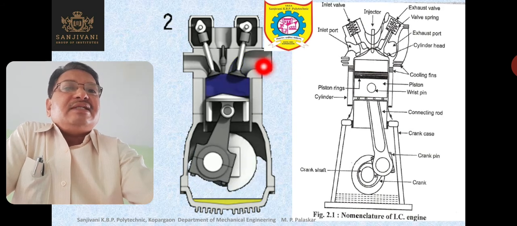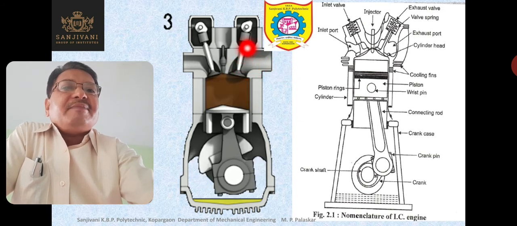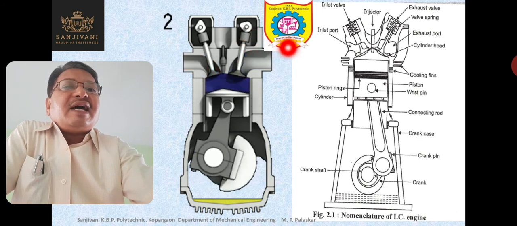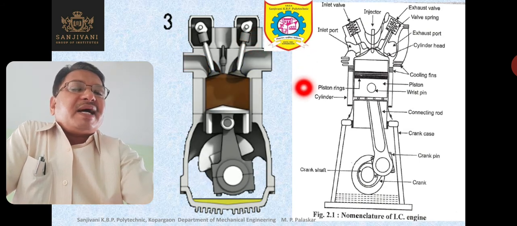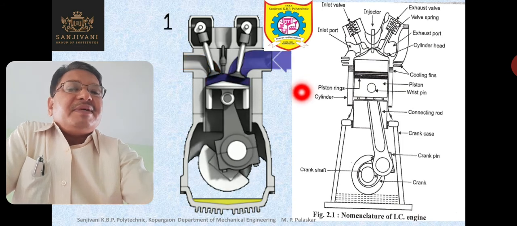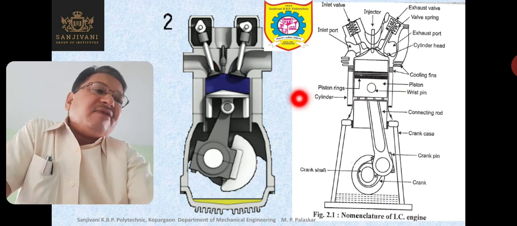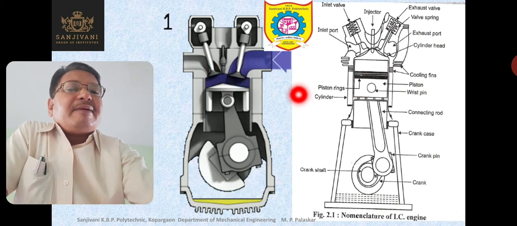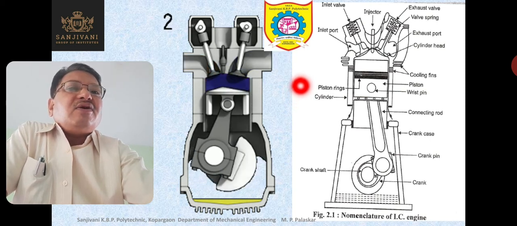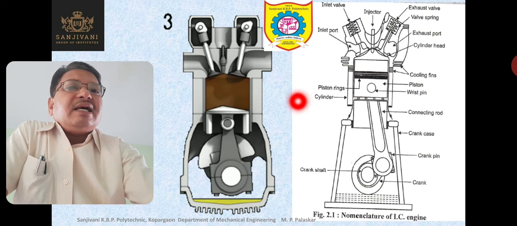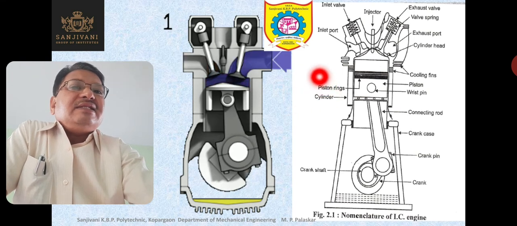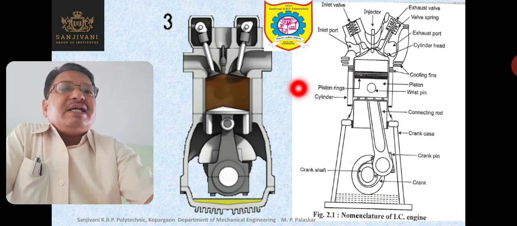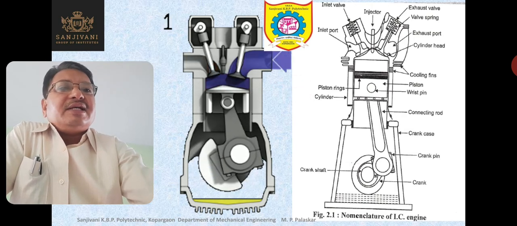Here you can see that these valves are controlled by the cams. The cams are mounted on the cam shaft, and the cam shaft is driven by the crankshaft through timing gears. That figure I will show later on, in which the crankshaft, the cam shaft and the timing gears are all shown. But right now, these are the parts of the engine. I hope you understand these parts of the engine, right? Let us go ahead.